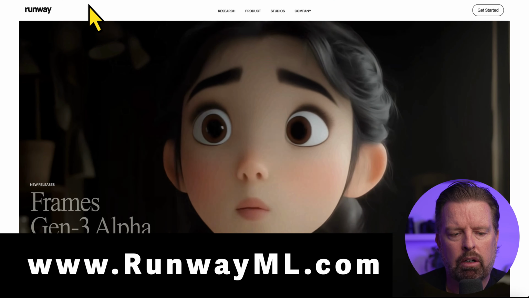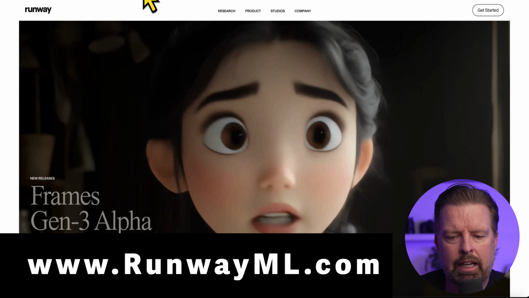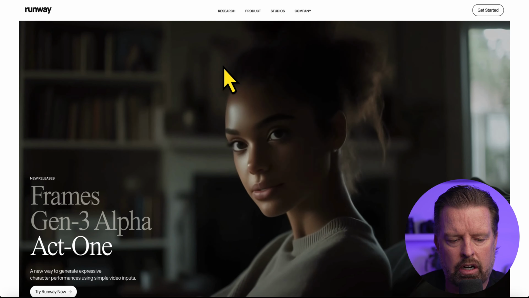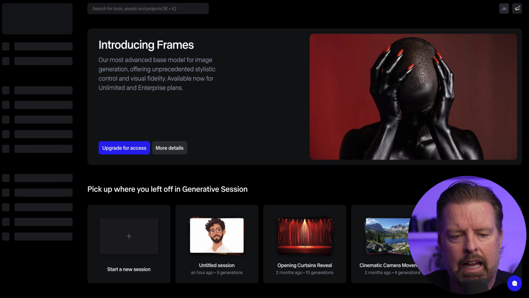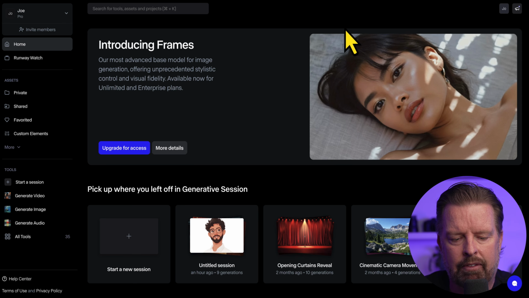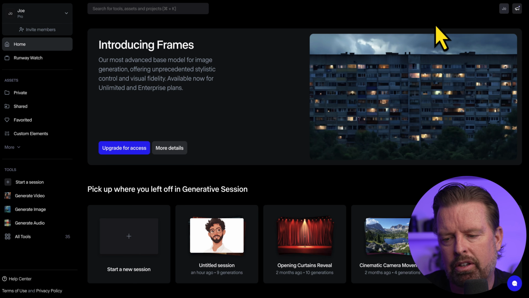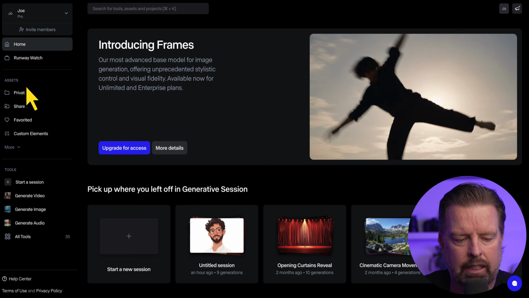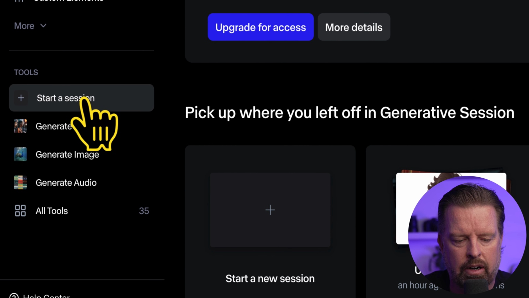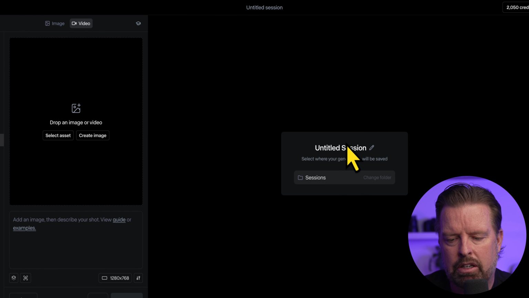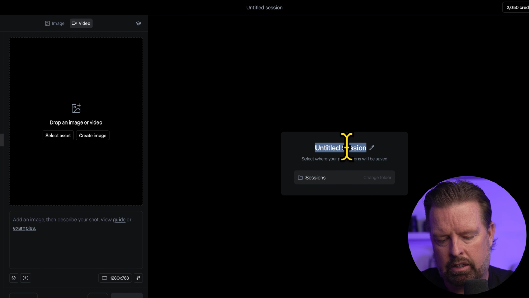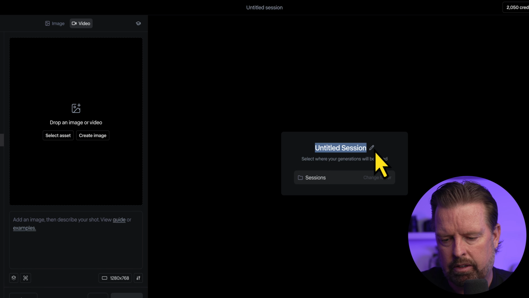Okay, so now that we're at Runway ML and it's runwayml.com, we're going to go ahead and get started. What you're going to do is hit get started, sign up, and from there you're going to have a dashboard. Once you're signed up, you can go in and we'll start a session right here. So I'm going to hit start a session, and it's going to be blank. And you can name it, so I'll call it YouTube